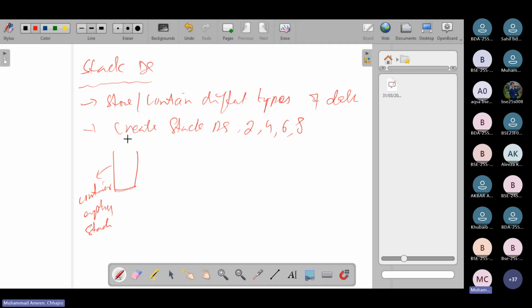So this is an empty stake and we label it 1. Now